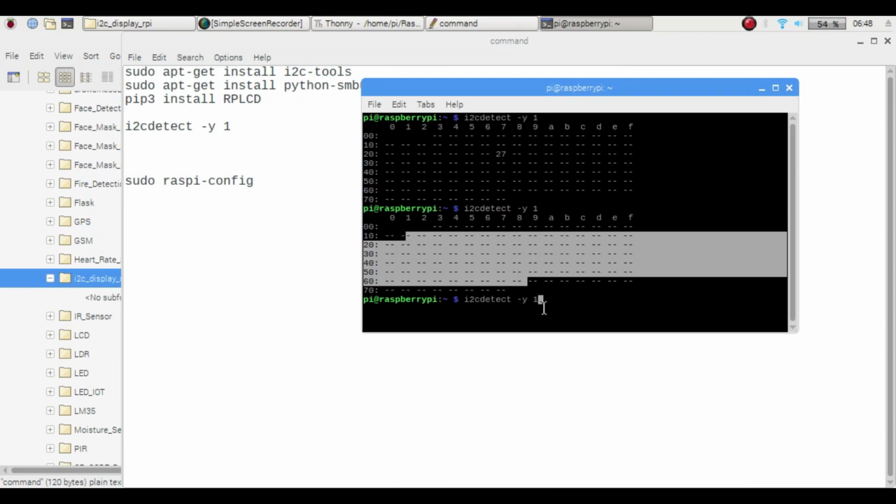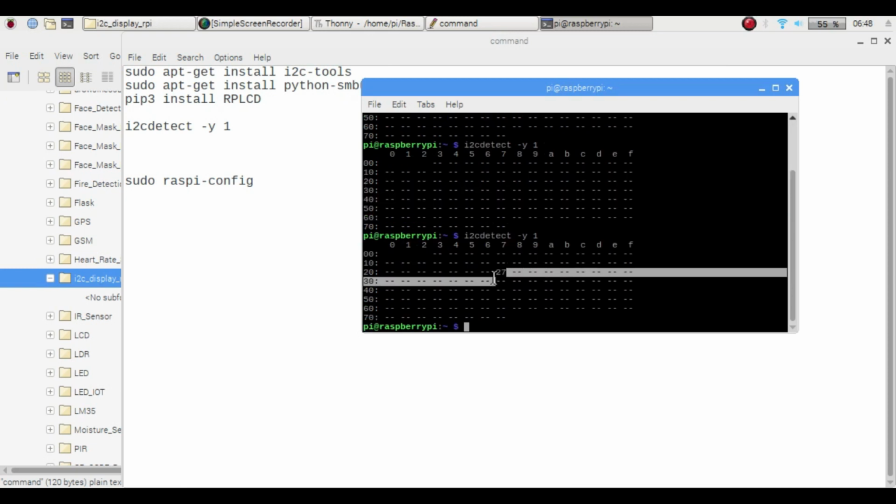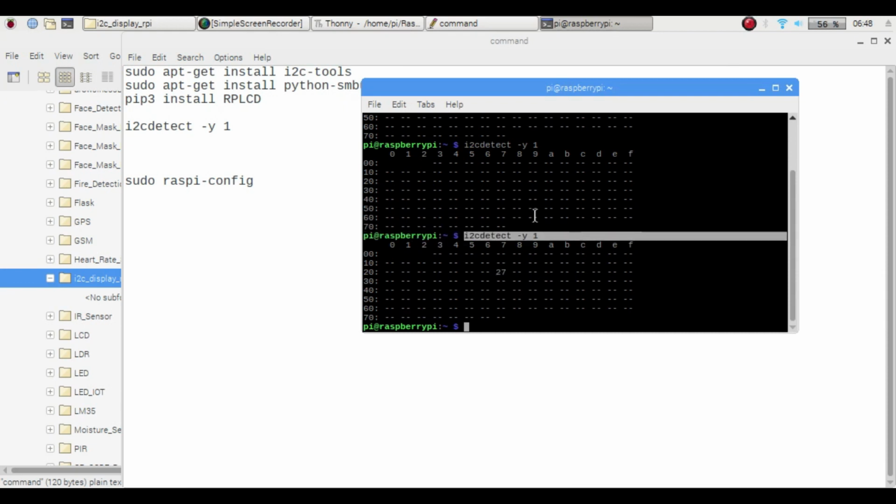After that I again run and press enter, then it will show my address, that is 27. So this number is very important. Like this you can first verify whether your I2C module is working or not. Another point: if your connection is okay, all things are okay, and still it is not showing your connection,